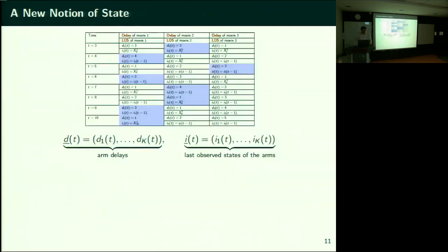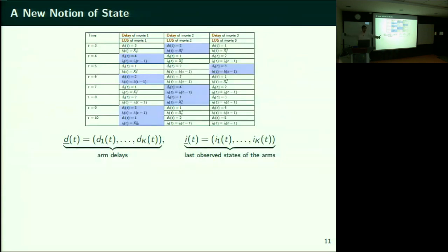With this modified policy, there is a new notion of a state that I want to bring in to describe the problem. Remember I showed you this table. This table was about last observed states and delays. You recall there was a certain evolution for these delays. When you don't observe a certain movie, the delay for that movie keeps getting incremented till you come back and observe that movie. The last observed state for that movie is still stale, whatever you had last observed it in, till you come back and observe it in the most recent state, in which case your last observed state gets updated. So there was a certain notion of last observed states and delays. Now why am I so particular about that?